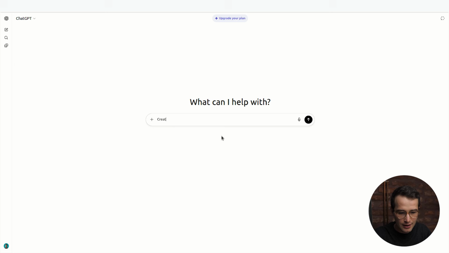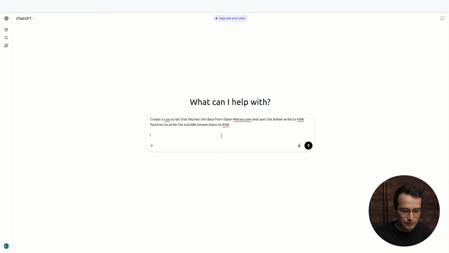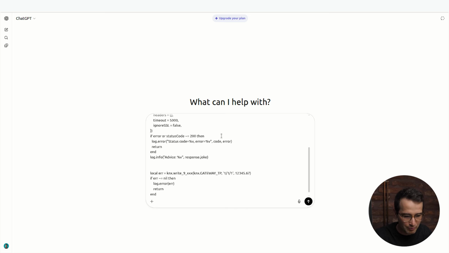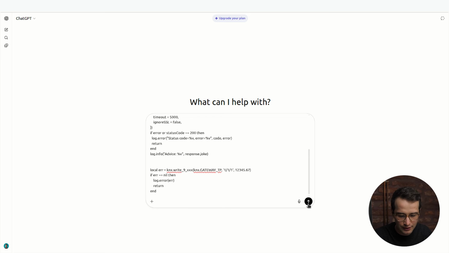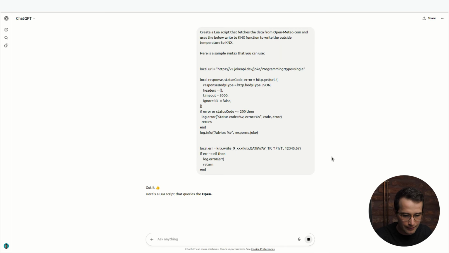We can say, create a Lua script that fetches the data from open-meteo.com and uses the below write to KNX function to write the outside temperature to KNX. Here is a sample syntax that you can use. Now that we have context ready, we can paste in what we have prepared and we can click run here.